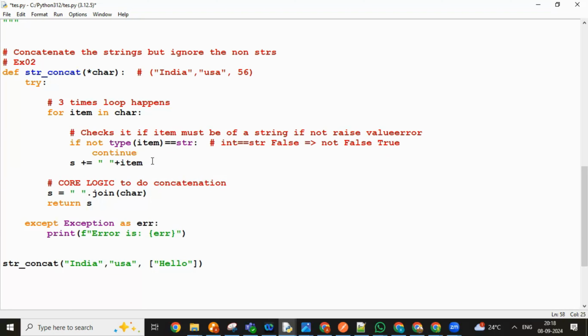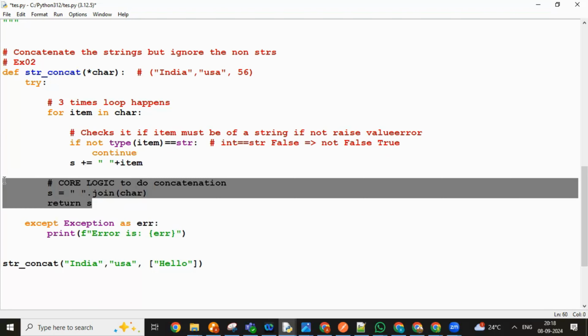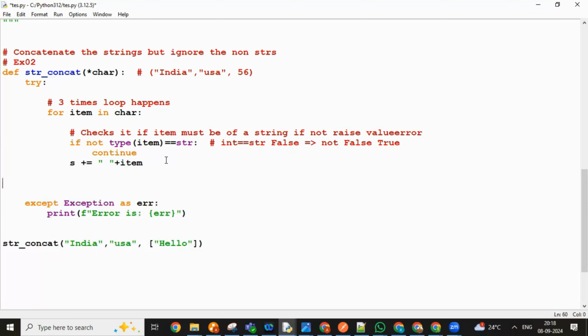You got it? So once I'm done with this looping, this is where the core logic is happening. We were adding one by one. Understood? You can store into some other variable. Let's say, see, the other way you can do it is very simple. The other way is, you'll define one